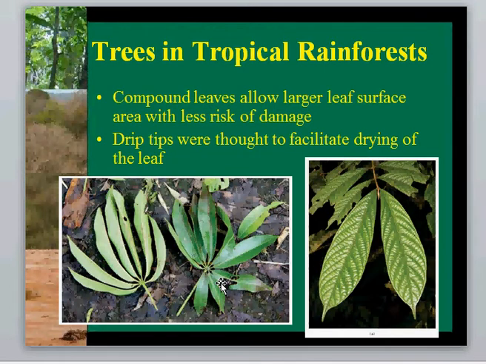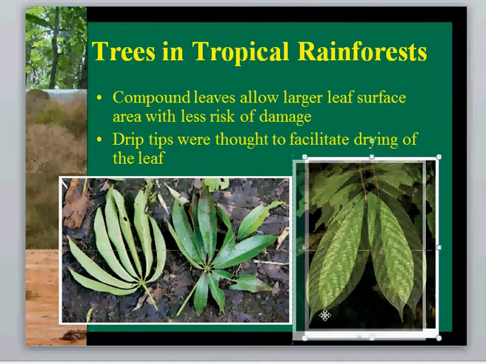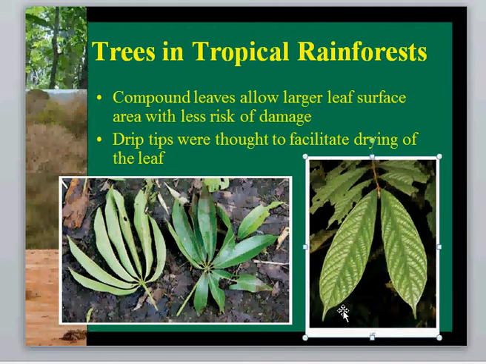Another feature of leaves, particularly in the understory, are drip tips. These are these little tips at the end here. The logical thought behind drip tips is that they form like a sump to drain the surface of the leaf. So you would have water falling on the surface of the leaves and remaining on the surface of the leaves. And this is a problem for the leaf, because if there is water on the leaves, then light is blocked,